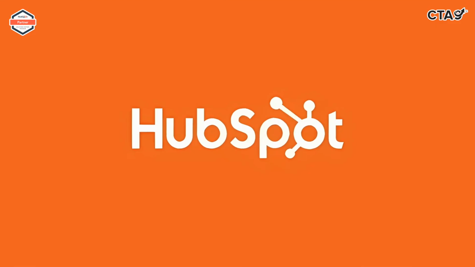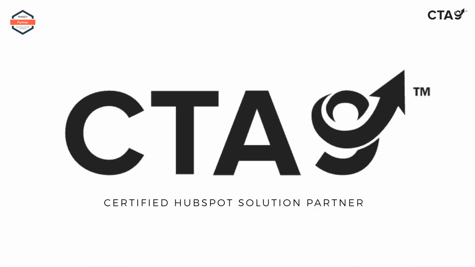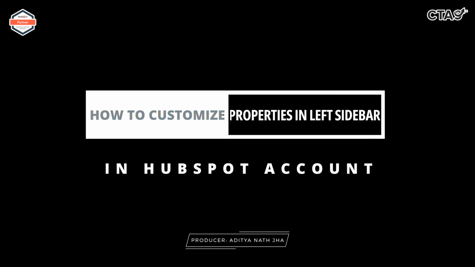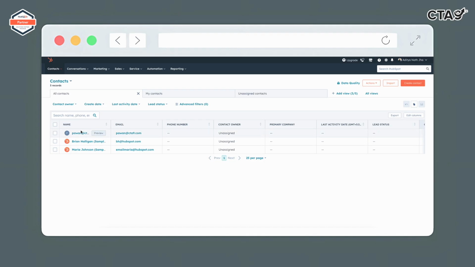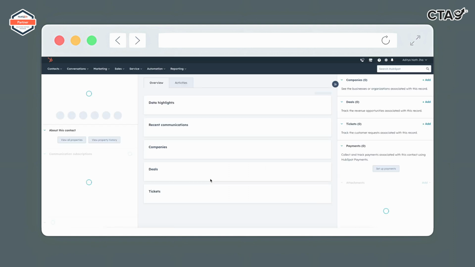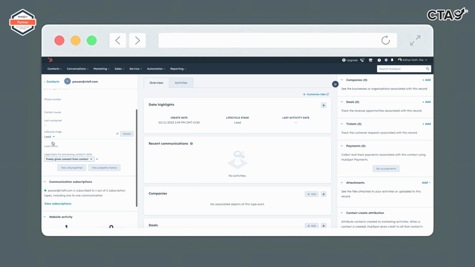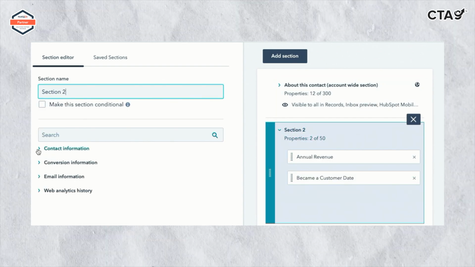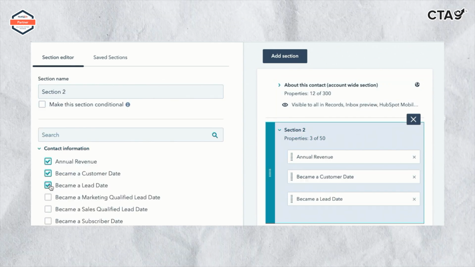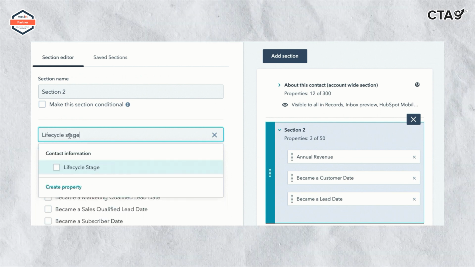In order to learn HubSpot, we at CT9 today are going to tell you how you can customize the left sidebar in the contacts properties region in HubSpot. The sidebar on the left side of a record displays properties and the record's values for those properties. Each individual user can also customize their own About This object section in order to display additional properties beyond the